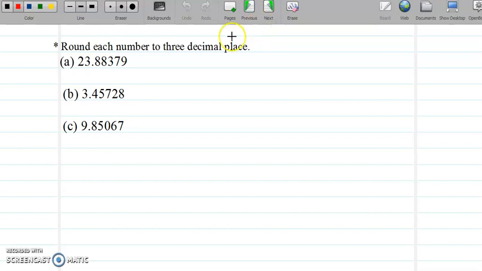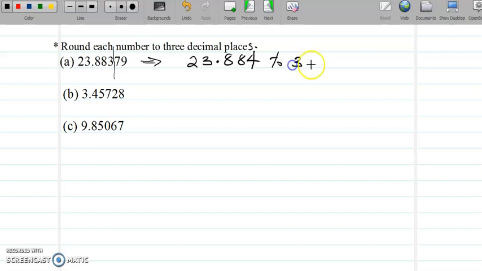Now let's look at these 3 decimal places also. In this case, if you're asked to round this number to 3 decimal places, this is decimal point. We are counting immediately after decimal point. We have 1, 2, 3. It ended here. See that? To 3 decimal places. We have 1, 2, 3. It ended here. Now this number that it ended with is up to 5. So since it's up to 5, I will round it up by adding 1 here. So 883 plus 1 will be 884. See that? So this will now be 23.884